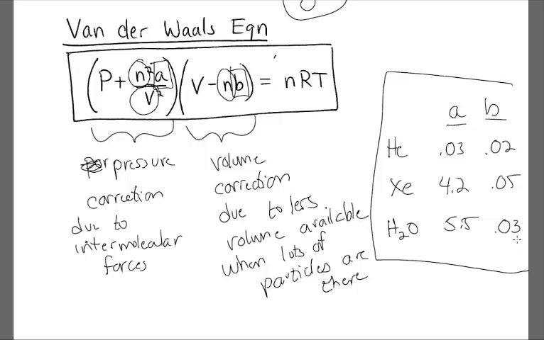The volume correction, though, is actually smaller than for xenon. Xenon is a much bigger molecule than water because the mass of oxygen isn't nearly as big as xenon, and of course hydrogen has very little mass at all. So the volume correction for xenon is the biggest of the three, but for intermolecular forces, water